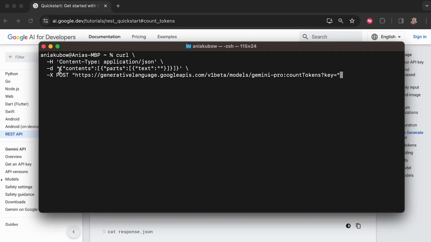And then as the content, we're going to have this object, which takes an array of another object, and then the text that we want to essentially find out how many tokens make it up. So as the text, let's go ahead and go up there. Let's do write a story about a magic backpack. And then we're going to have to put in our API keys. So making sure that this is the same. So generative language,